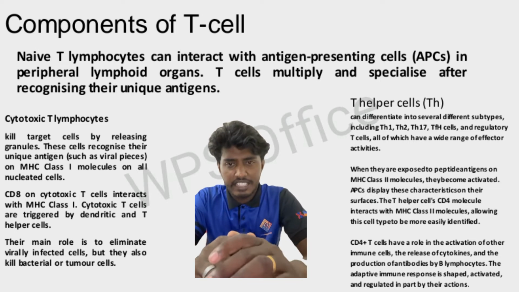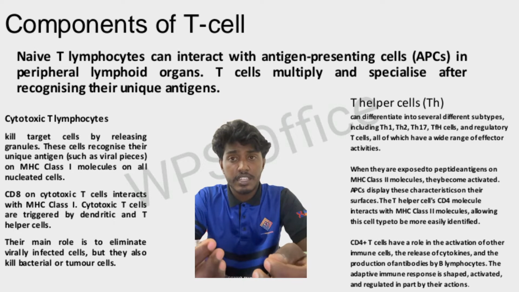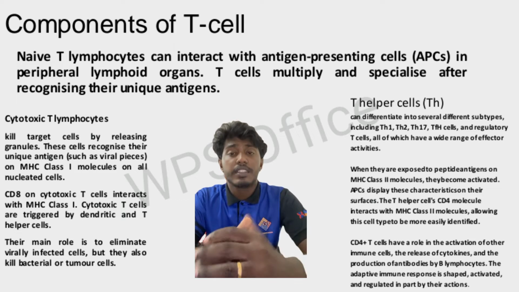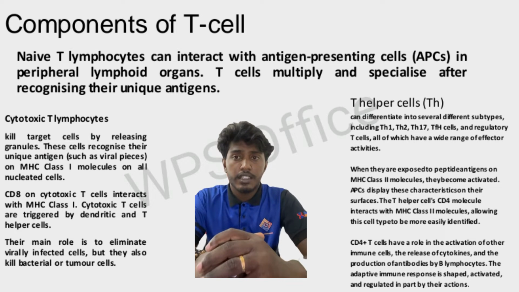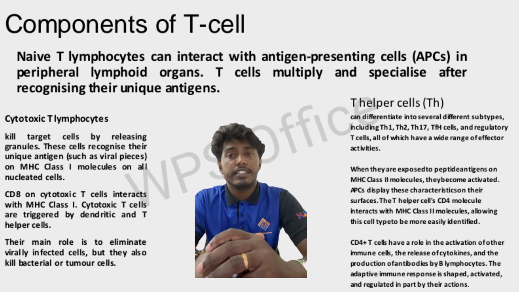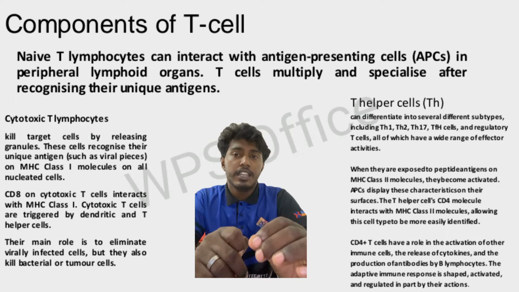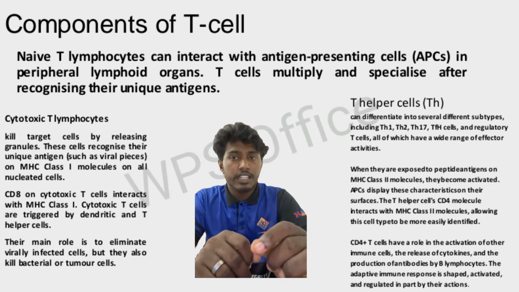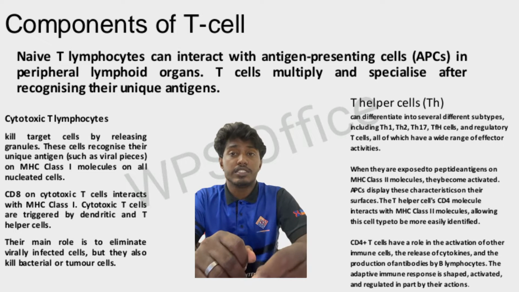These cells recognize their unique antigen, such as the viral pieces of it, on the MHC class 1 molecules on all nucleated cells. CD8 on the cytotoxic T cells interacts with the MHC class 1 molecules, and the cells are triggered by dendritic and T helper cells. Their main function is to eliminate virally infected cells. They also kill bacterial or tumor cells. So that's the function of